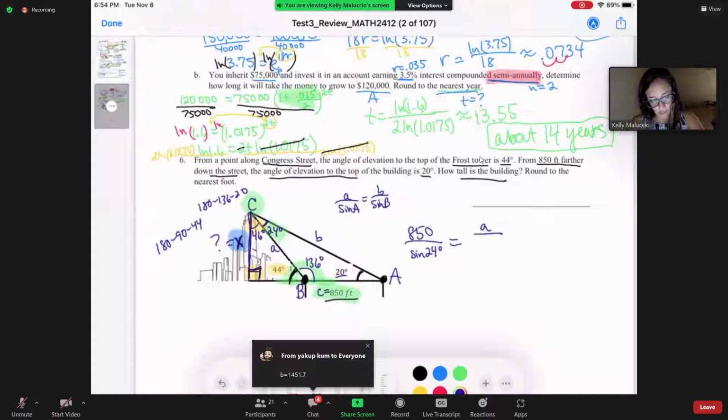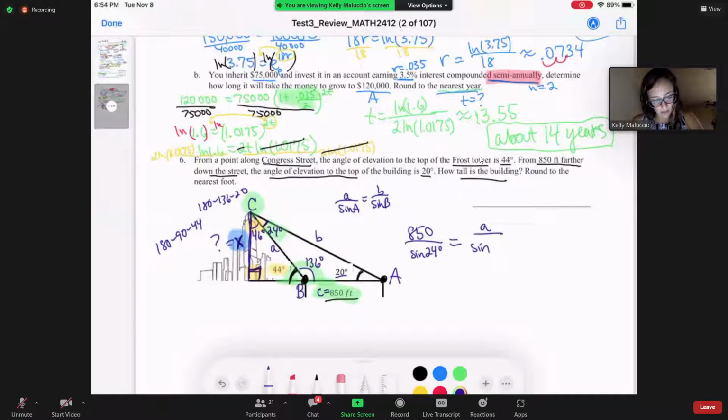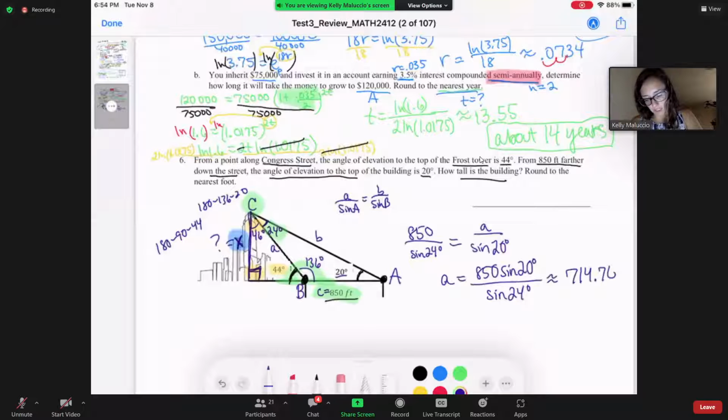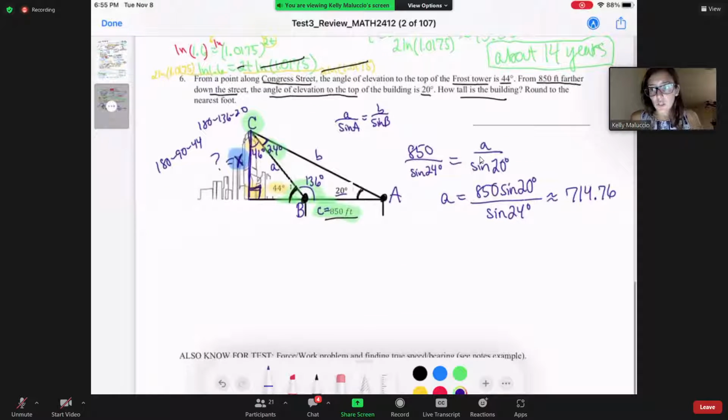So we get little a over sine of 20 degrees. And then I just said, okay, so A is 850 sine 20 degrees over sine of 24 degrees. And this is about 714.76 or something. I think it's in feet technically, but so now what we want to do, use y equals sine 20